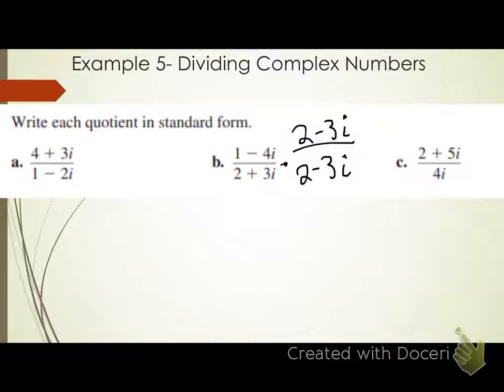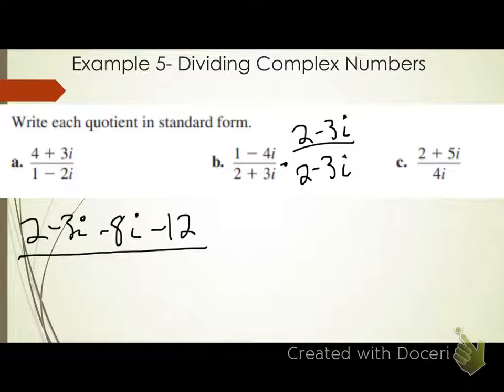Foiling the top, 1 times 2 gives me 2. 1 times negative 3i gives me negative 3i. Negative 4i times 2 gives me negative 8i. Negative 4i times negative 3i gives me negative 12,